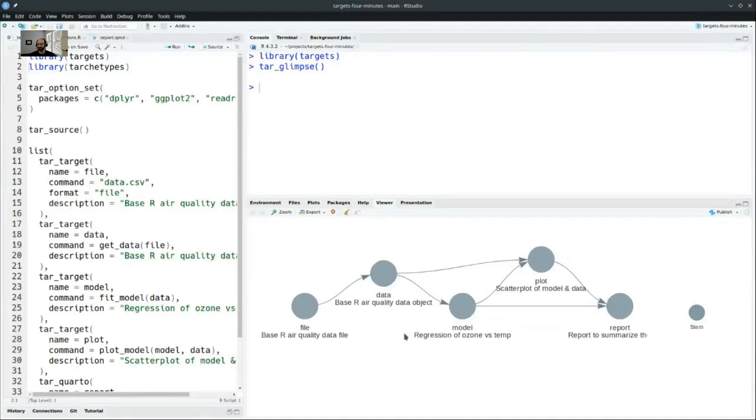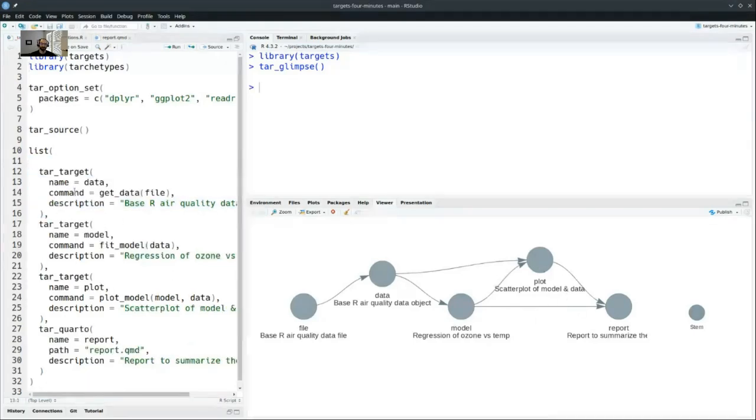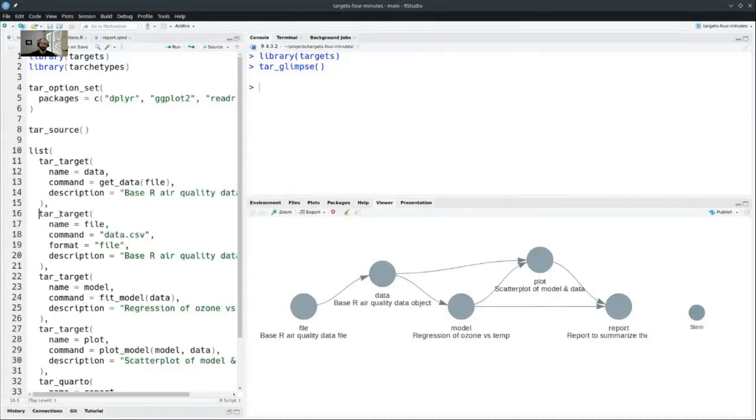And no matter what you have here, and no matter what you do to list the order of these steps, you're going to get this dependency graph that shows the left to right flow of what's going to happen. So we need to track the input file first, then we're going to load the input file, we're going to model it, and we're going to take the data and the model. And with these arrows, it's showing you that that's going to be incorporated into the plot, and the plot and the model are going to the report. And this graph is going to look the same no matter how you order things in the pipeline. So I could put the file down here below the data.